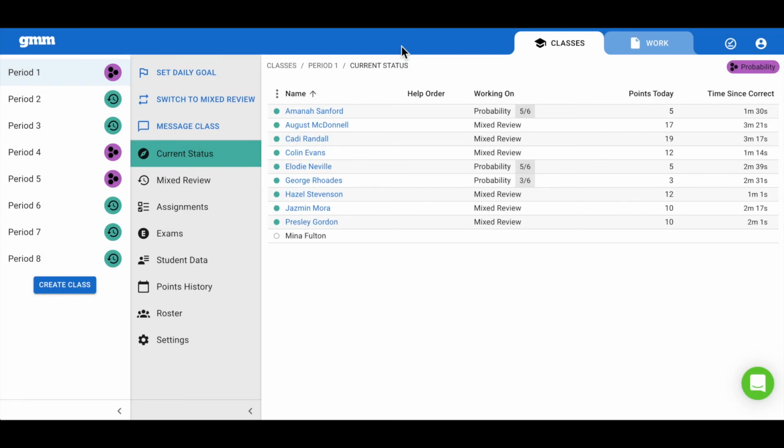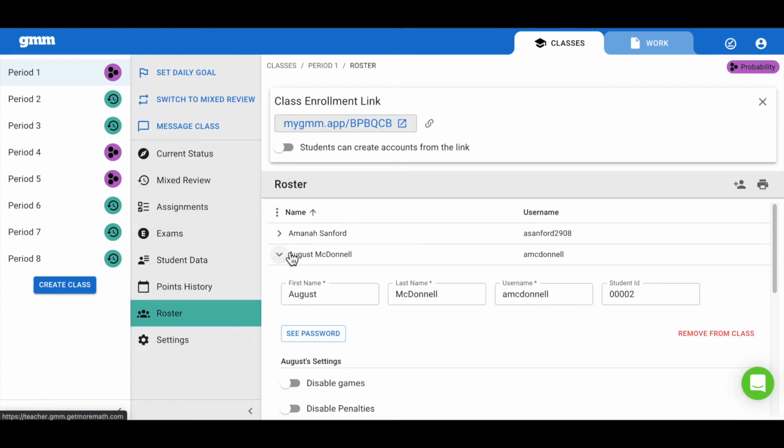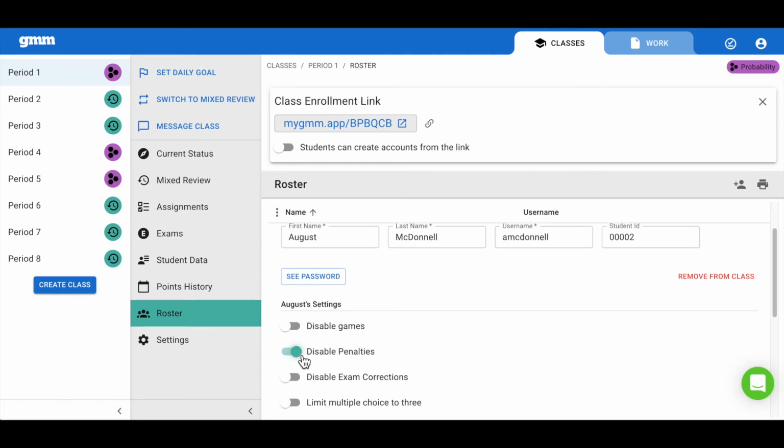The second option is to remove penalties for individual students from the roster menu. By clicking on a student's name, you can turn the slider on to disable penalties. Be cautious in using this option, as students will no longer see any penalties on multiple choice problems and may find it easier to guess. It may be helpful to occasionally turn the slider back off to ensure students are slowing down, reading the questions,